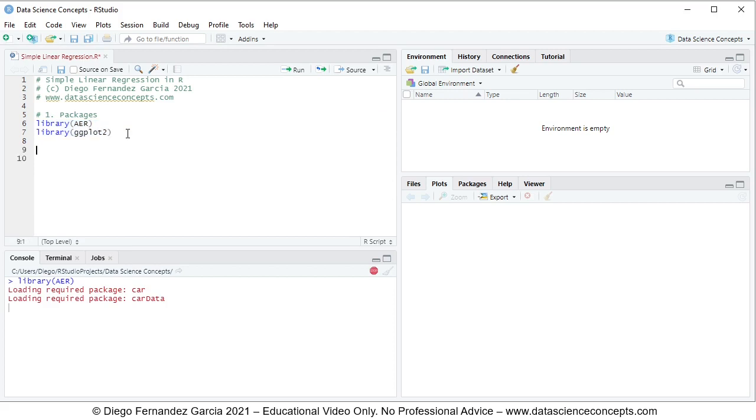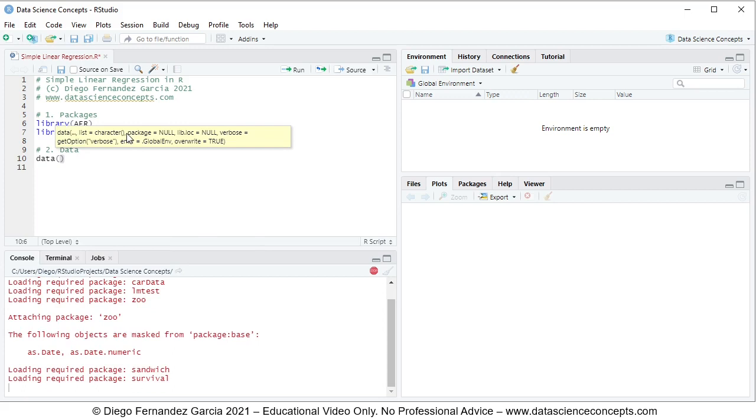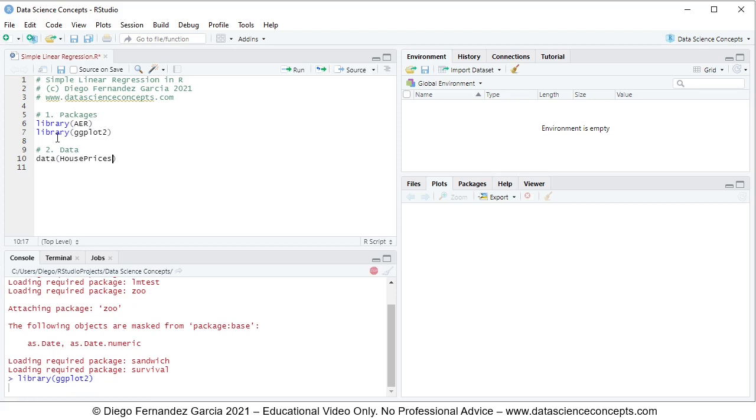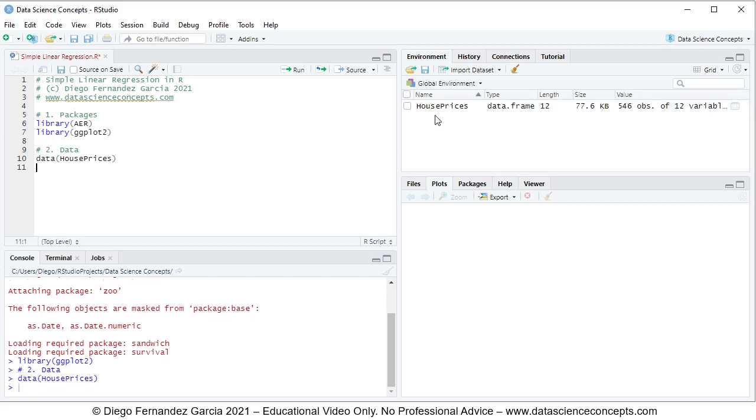So then we continue with step number 2, which is data. For this, we'll be using the data function, and within it we have the name of the data object, which is going to be house prices. This house prices object is located within the AER package, and with this data function we load it into the global environment. To run this code line, at any part of it, we either click run or press Ctrl Enter on the keyboard. As we can see, this creates a house prices object within the global environment as a data frame. And if we click on the spreadsheet kind of icon,